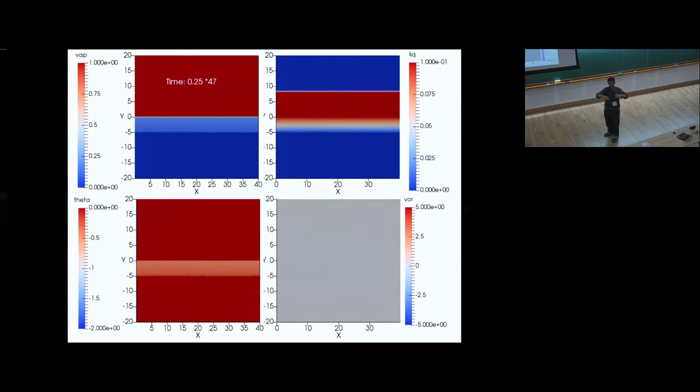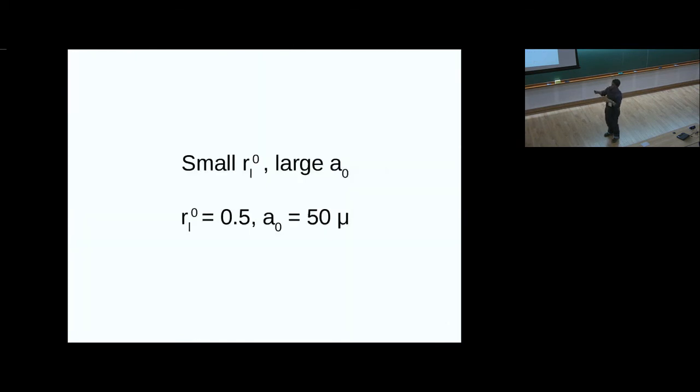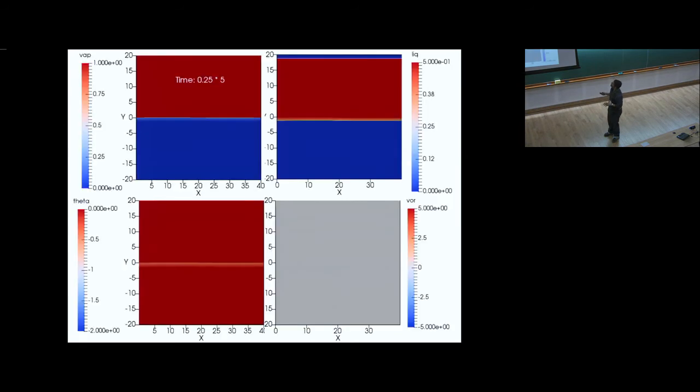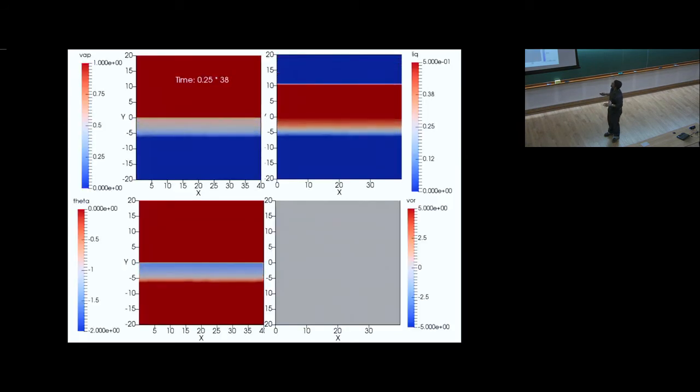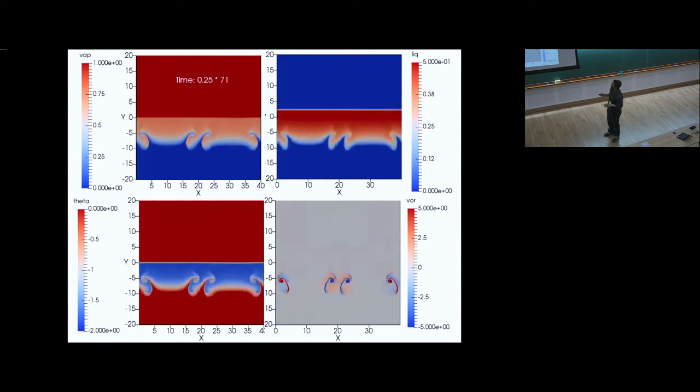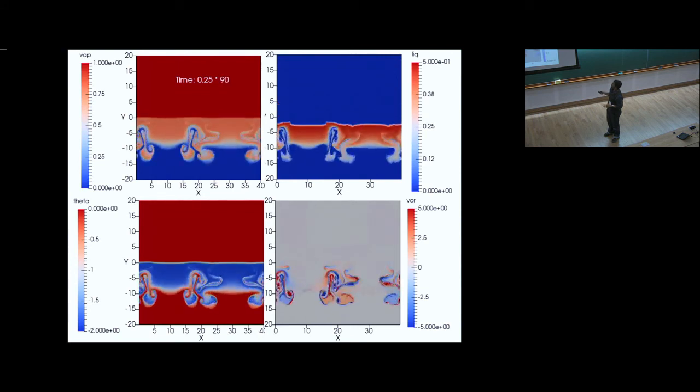The layer just quietly subsides and dies. So slightly larger amount of liquid water, but the 50 micron droplets, so that they have a reasonable settling velocity. So now you see these structures forming, these lobes forming under the